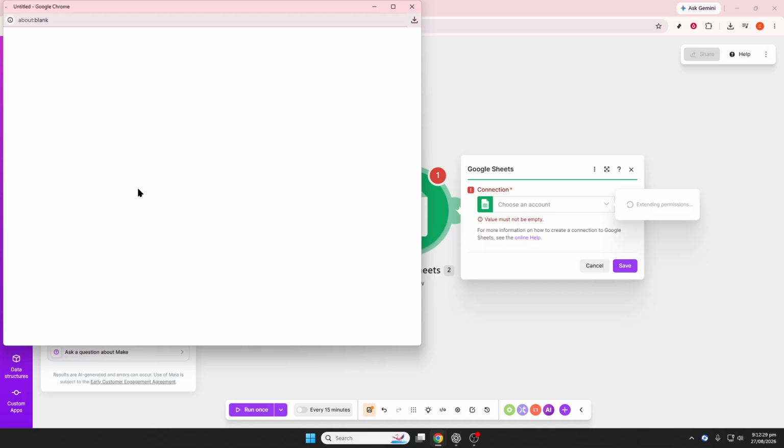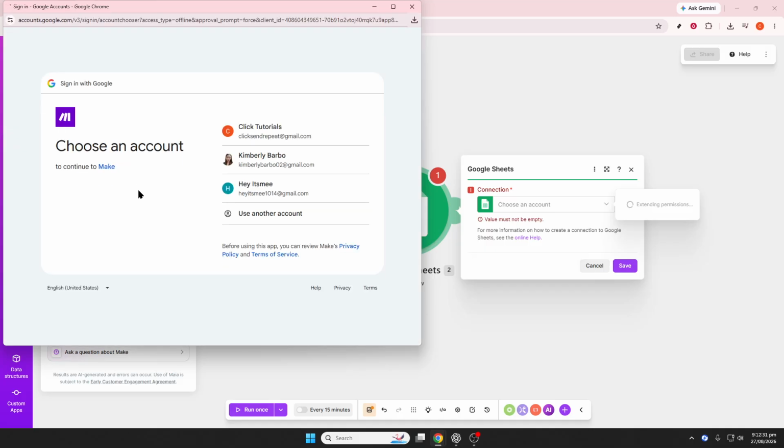Finally, configure the schedule so Make knows how often to check for new files. Choose a timing that matches your needs, then save the scenario and turn it on. From that point forward,